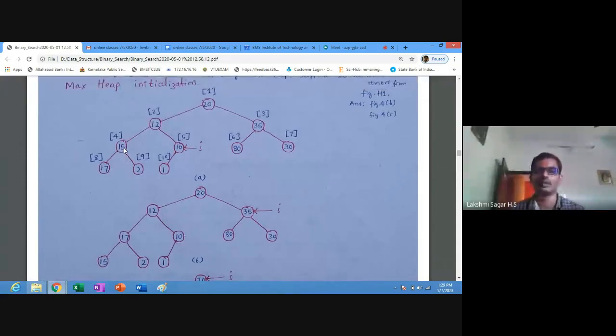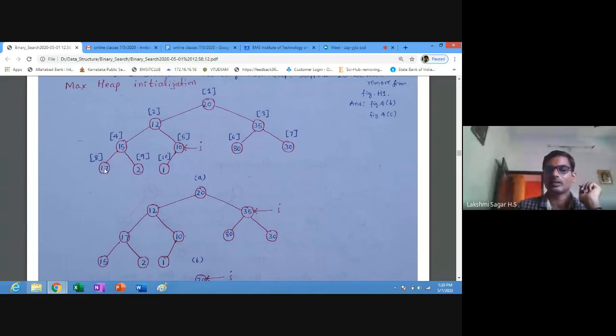If it is a max heap, then we need not work further. So here 15 is less than 17, right? As per the max heap property, because 17 is greater than 15, what we need to do?